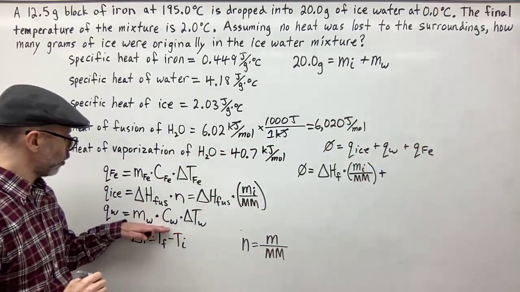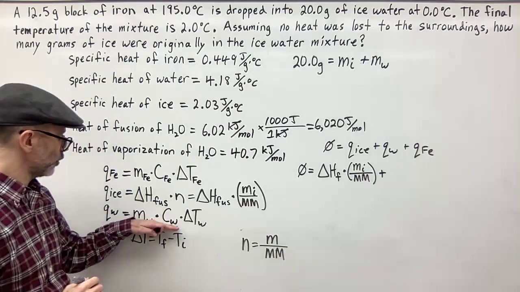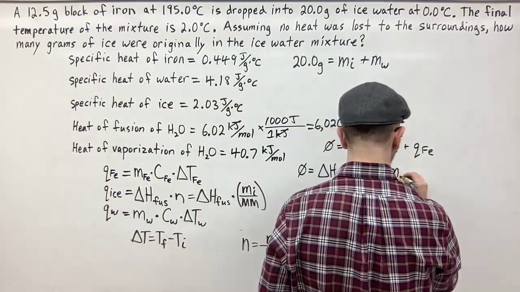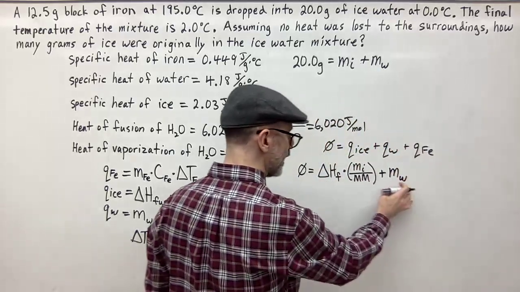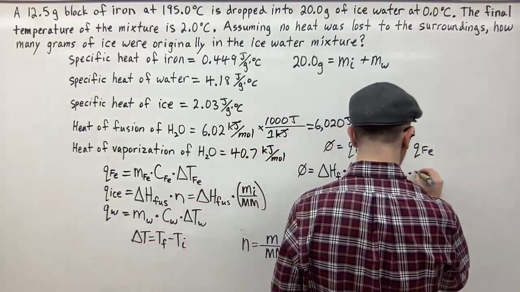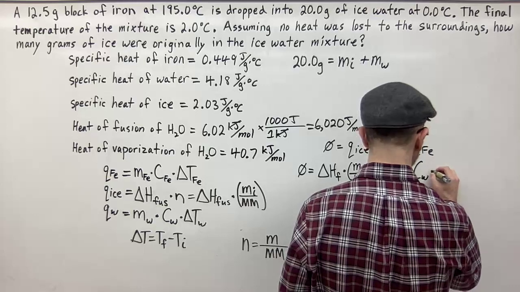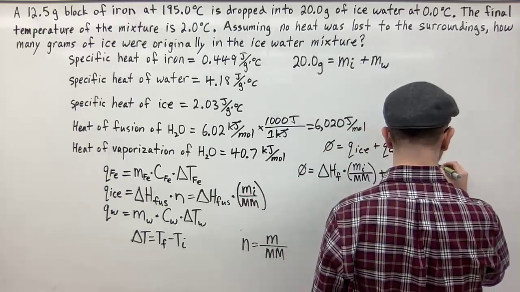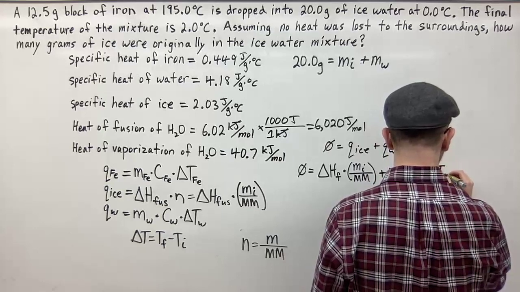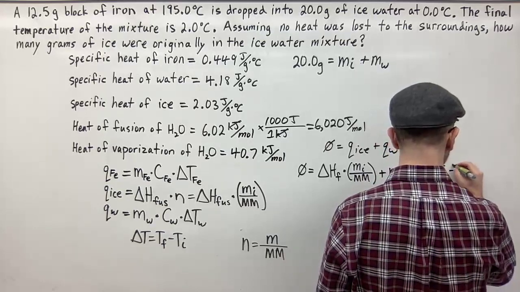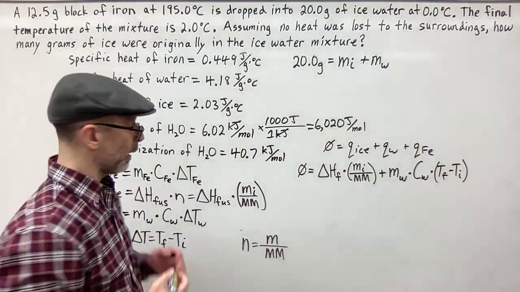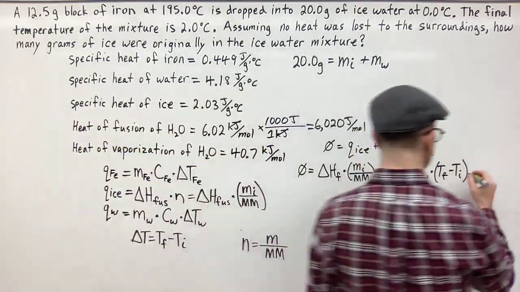So it's going to be this formula. I'm going to subtract this for Q of the water. So it's going to be the mass of the water once the ice is melted times the specific heat of water times the change in water, which is going to be final minus the initial, plus